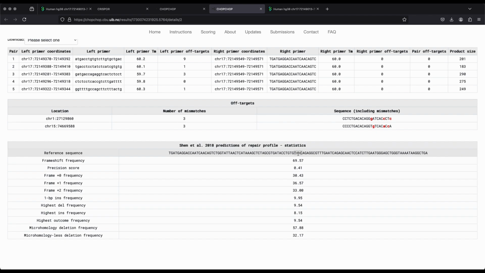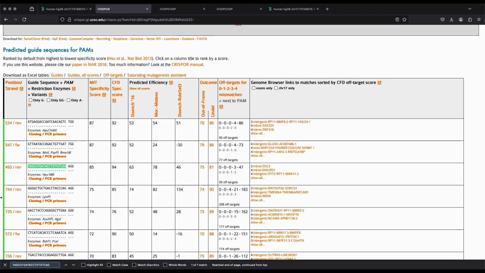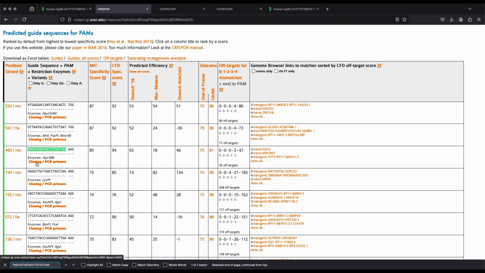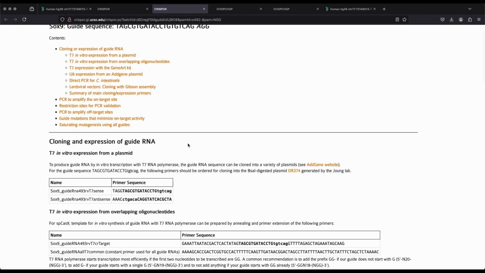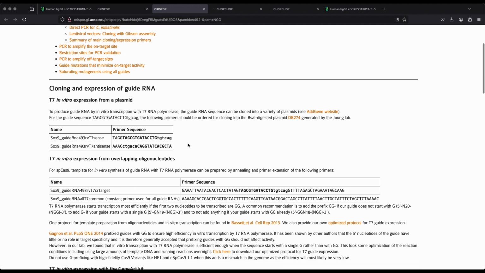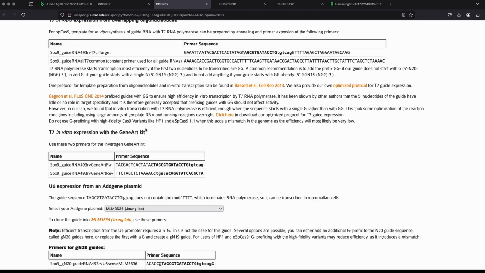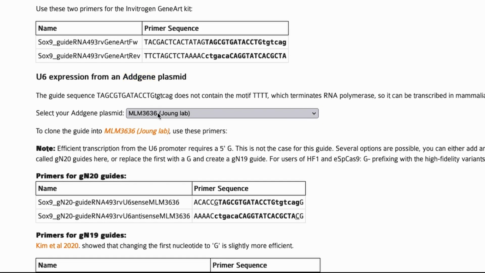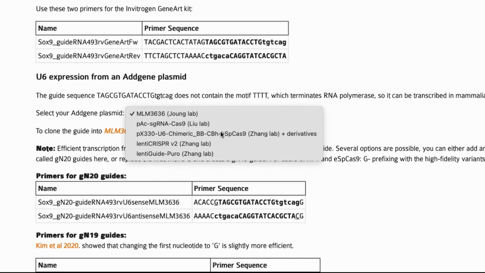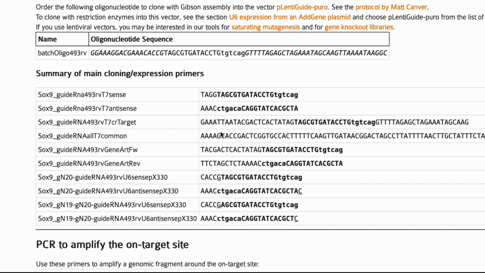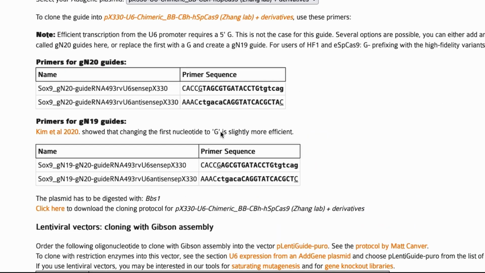So we have a guide, and now you want to use it. One way to approach this is through CRISPR by clicking on the cloning link under the result. It has a lot of information. There's an expression of guide RNA using the T7 expression from a plasmid, and many other things if you scroll on this page. The U6 expression from a plasmid is the most common, and I will use pX330 as the example. The page will update with the primers you need to buy in order to clone your guide sequence into